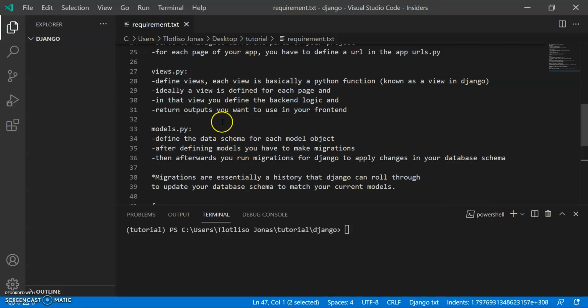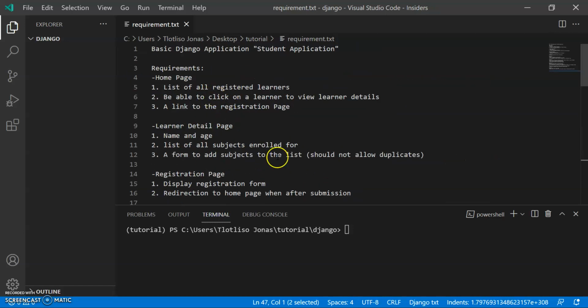Okay, so I hope all of that is clear. So now I'm going to start a Django project, and then I'm going to start the Django application, and then we'll continue in the next video. So firstly, you have to ensure that you have Django installed on your machine, and to do that, you can run this command to check if you have Django installed on your machine.